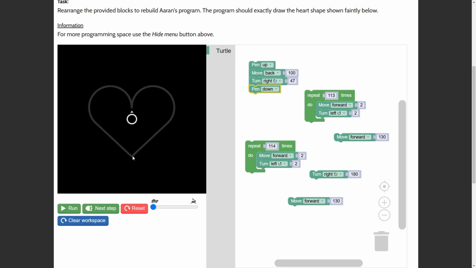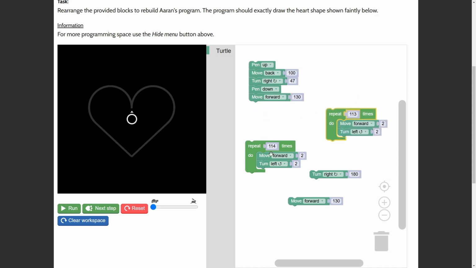And the first part of it is going to be a straight line before we then start doing the curve. So it has to be one of these move forward 130 steps blocks. Now, after we've moved 130 steps,